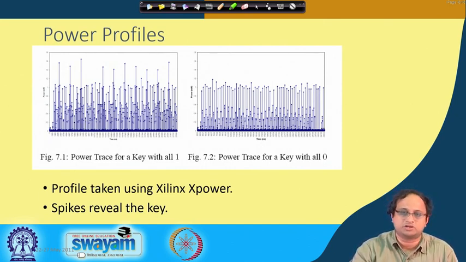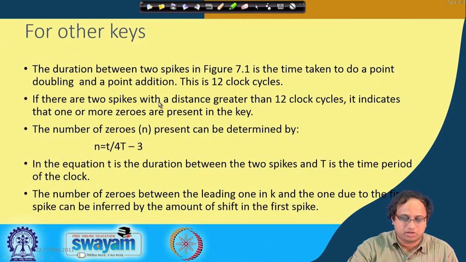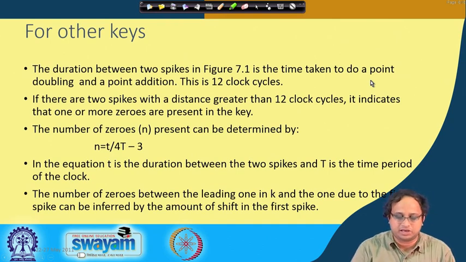If somebody is able to observe these power profiles, then there is a chance that he or she gets into the secret key. Now we will see whether we can develop a systematic way of getting the keys. This is again a very simple technique or trick that we can apply, particularly for the design that we discussed. We can of course develop more sophisticated techniques where we do template matching, power pattern matching, and so on, but we will see that even a simple trick can work.